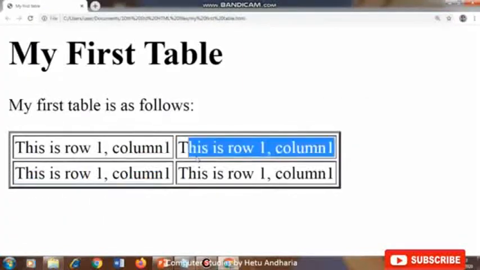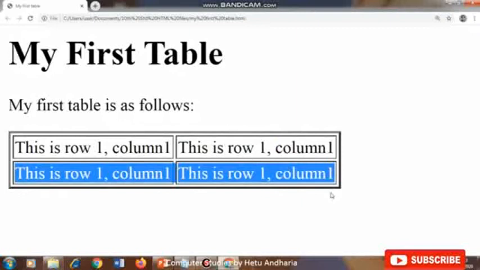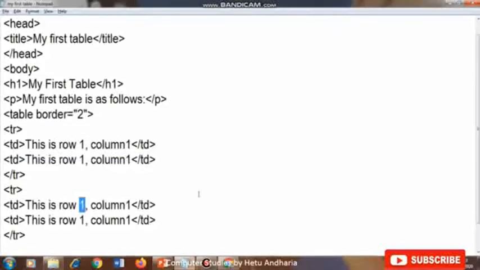Whatever is displayed here is displayed in the second row, am I right? Here I had forgotten to make it 2, so here it will become 2, second row, while the column will remain the same, first column and second column.